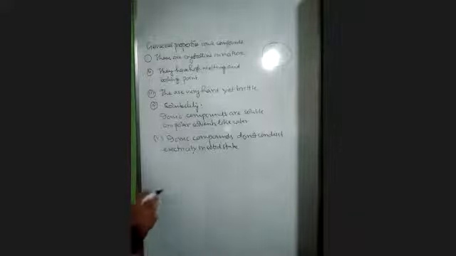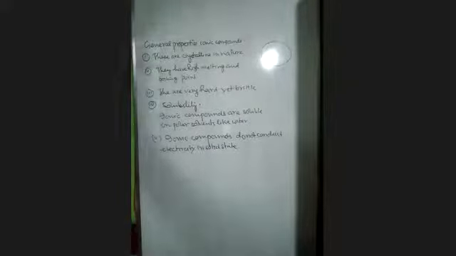See, ionic compounds conduct electricity only through ions. So in that case, what will happen? The ions have to move. In a solid state, can the ions move? They cannot move because they are very, very tightly packed. So because of that, I have written ionic compounds do not conduct electricity in solid state, but